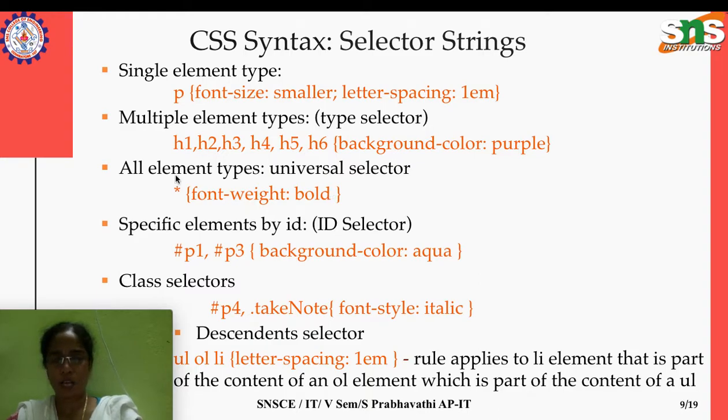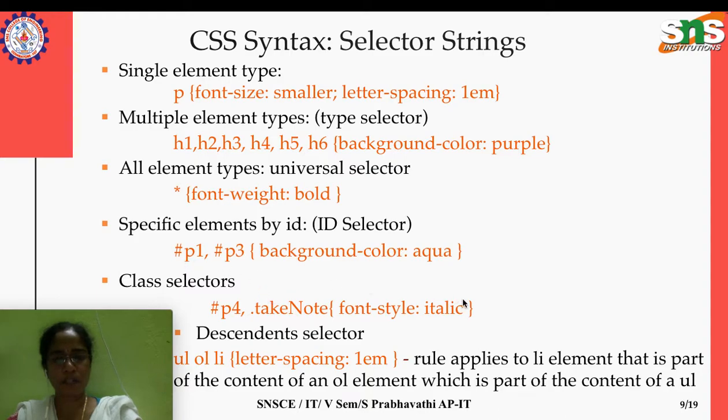And specific elements by ID. When we design a web page, we may not stop at only one paragraph. That web page may consist of n number of paragraphs using the paragraph element. What if we wish to design one style for one paragraph and another style for the second paragraph? That can be achieved by mentioning the paragraph with an ID. While designing the HTML page, we have to specifically mention that paragraph with an ID, and for that ID we can define a style. I'll take you to the example, then it will be clear to you, the ID and the class selector.